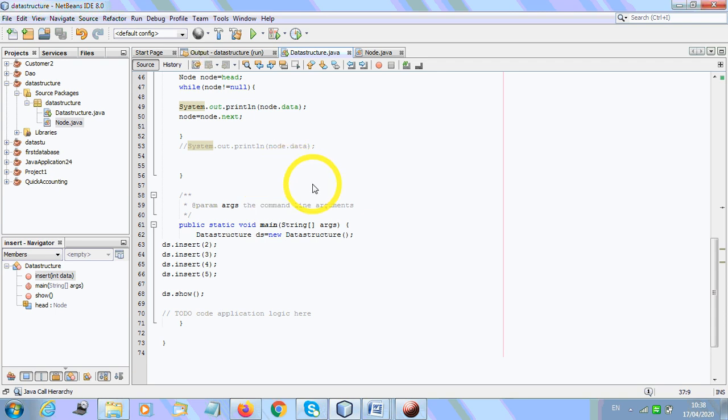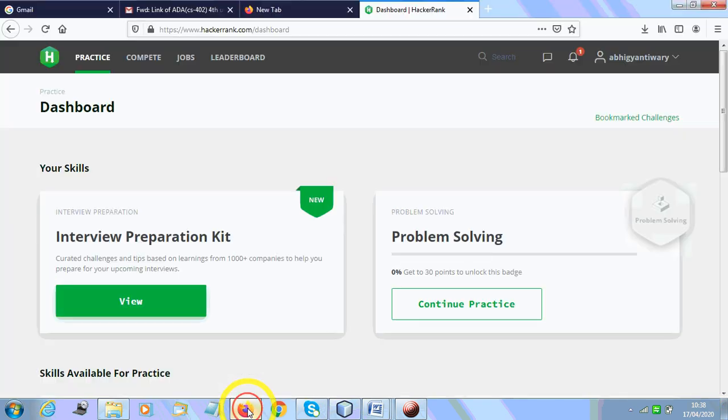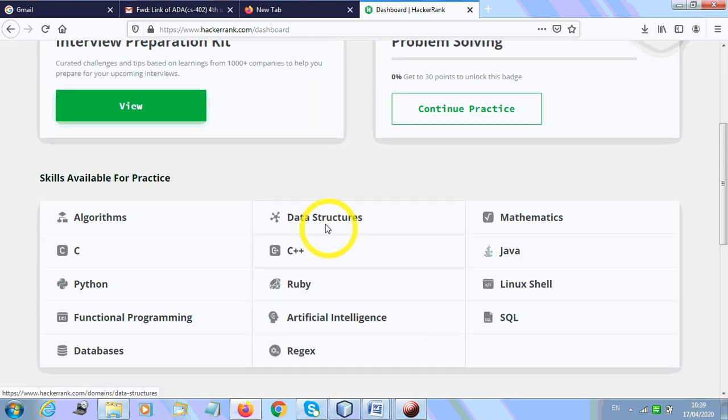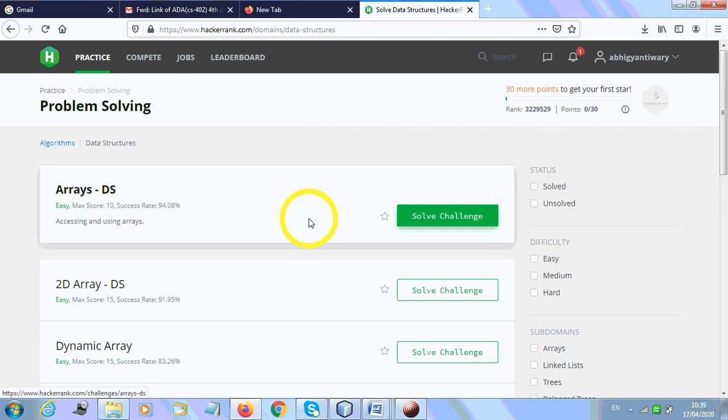Okay, let me show you how we are going to code in HackerRank. Okay, so this is over. In my next video I am going to tell you about the insertion at index. So go to the HackerRank. This is a good portal to practice your programming skill. Okay, so we'll have to make an account, and go here in data structure itself. So just go here at linked list.